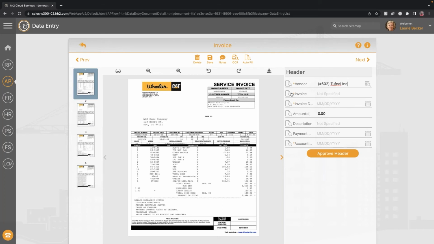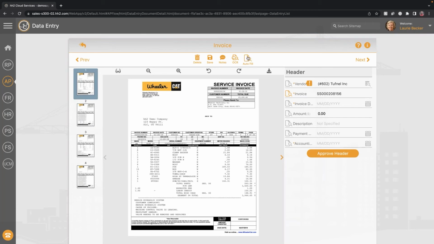But as a one-time setup to streamline the data entry portion, you're going to click on these capture fields rather than hand keying the invoice number, date, or amount. And you can simply tell us in the future as a one-time setup, here's where the invoice number is found. And everything that was selected in blue is able to be grabbed because we've OCR'd the image and we can read the text. And once you've mapped that, our system remembers for that unique vendor. So it's a one-time setup for each vendor.